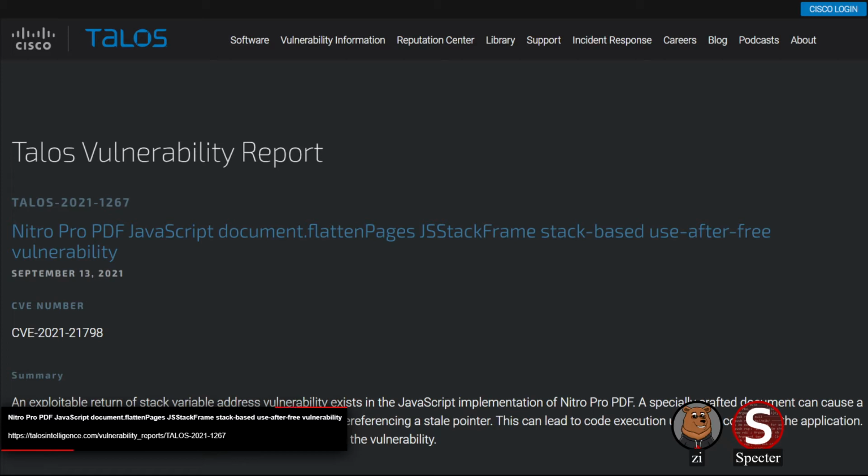There have been some Talos posts in the past where even though there is no POC, just the crash details and the write-up that they release is enough for somebody to go and try to implement it. So I don't know if we'll see that happen here, but I would be interested to see how this could be exploited, just because a stack pointer going out of scope and being accessed is a somewhat rare vuln class. I don't know if we've covered one that's been exploited on the podcast before. I'm not sure if it's because stack spraying is actually